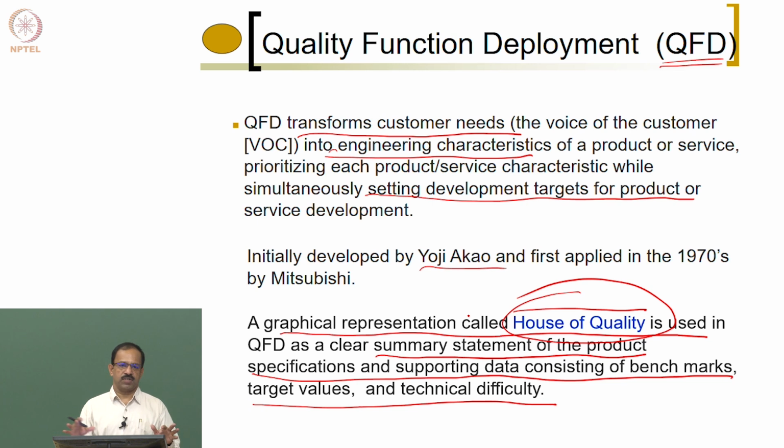So all this information you collected so far can be put into a single sheet, and that can be used for analyzing the design goals and then deciding the specifications, or deciding the design goals that we need to satisfy in order to satisfy the customer. So that is known as the house of quality. So why is this known as the house of quality?